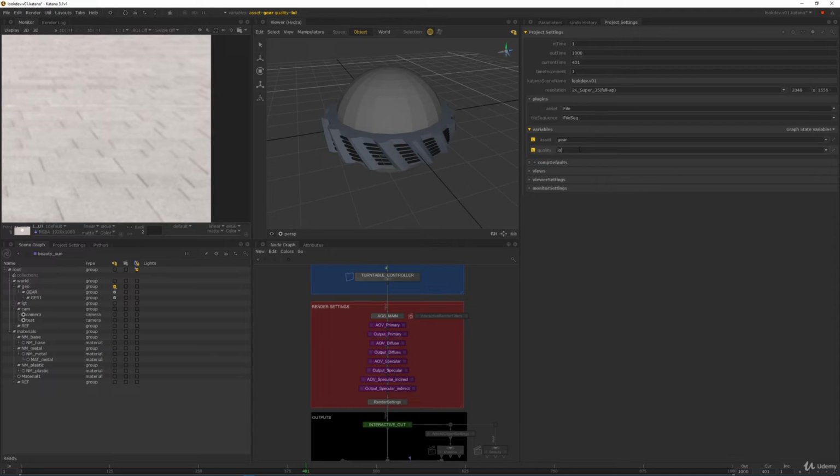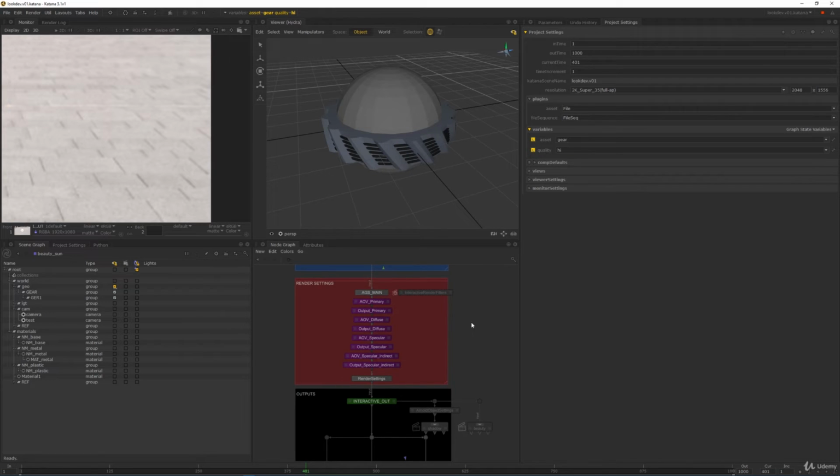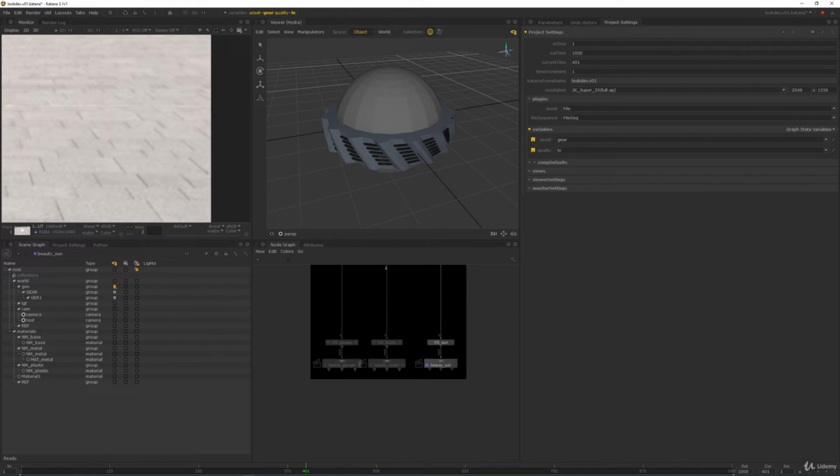And I think we need to clear them up one more time. So now we have low, and now I'm typing medium, and now high. So now these guys should be in order. Medium, well, whatever, it's not in order anyways, not a big problem. So let's just change our quality to low, and now in my render settings